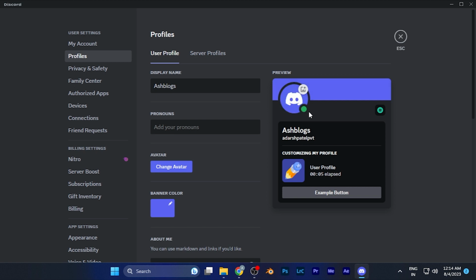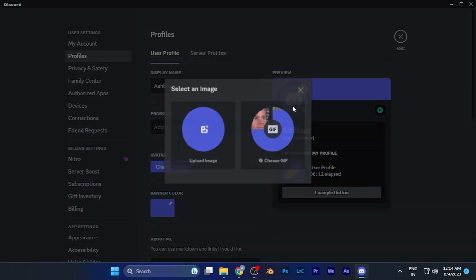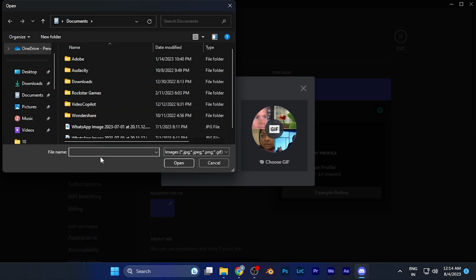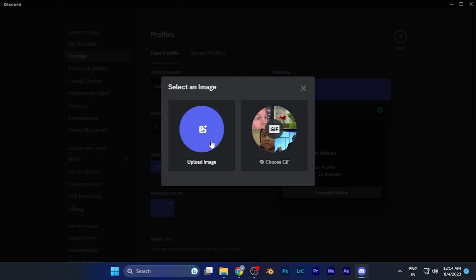profile option, from where you can see your profile picture. When you hover the mouse over there, it says change avatar. When you click there, here you can either choose a GIF or upload an image from your PC. You can locate your image from where you want to upload here, and once you're done with it, your profile